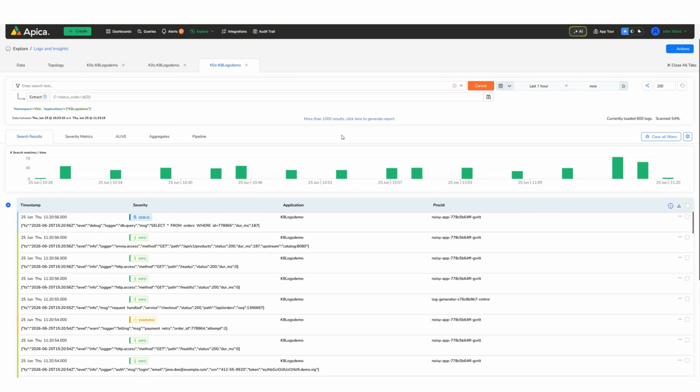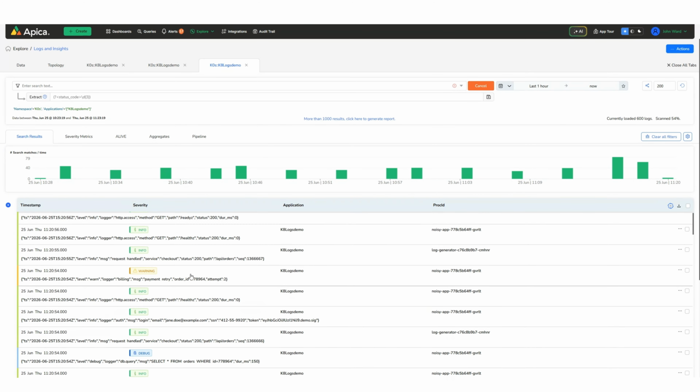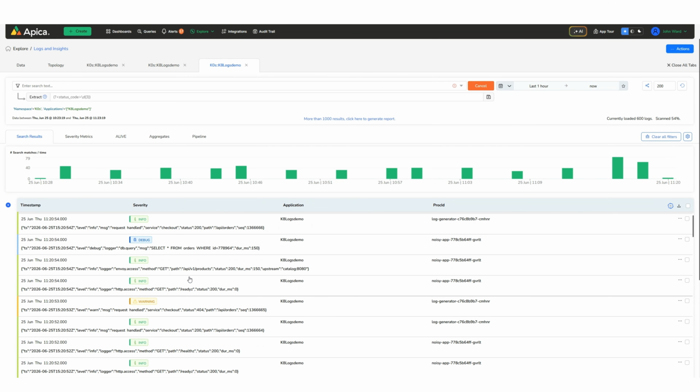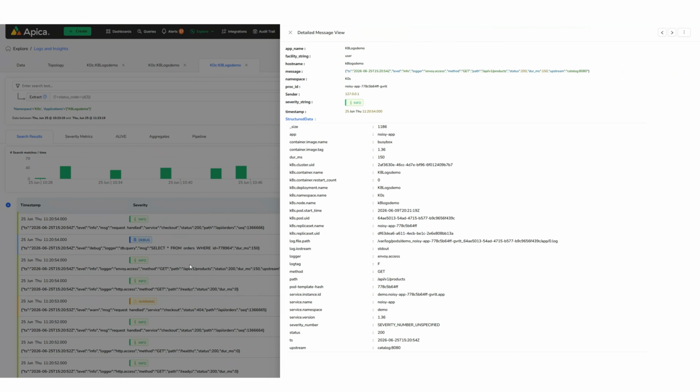Let's take a look. Here in Ascent, I'm opening the Kubernetes log stream. We can see logs coming in across different severities: info, warning, debug, and error. If I click into one of these events, you can see that the log contains a lot of fields. Some are useful, like the message, status code, service, and timestamp. But there are also a lot of fields that are repeated on every event or are not very useful for